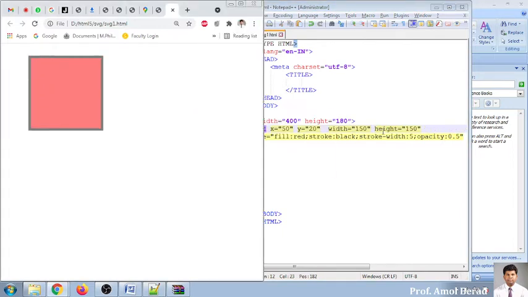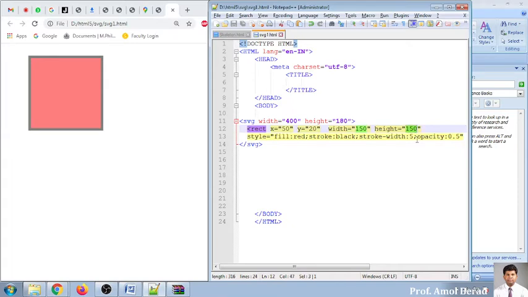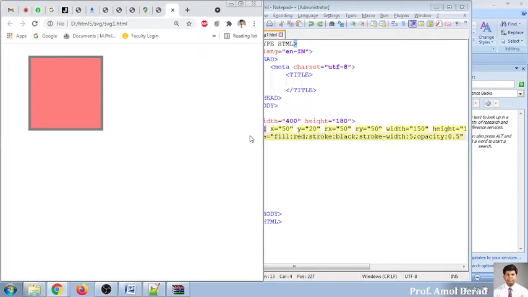If it is not written, it will be a clear cut rectangle in front of you. Here I have said it because here height and width are the same, that's why it is looking like a square. But we will consider it as rect, there is no square tag in XML. So you can change it into a square also by setting both values the same, that is height and width. If it is the same, then it will look like a square. But when I say Rx and Ry, the sharpness of the rectangle will be changed.